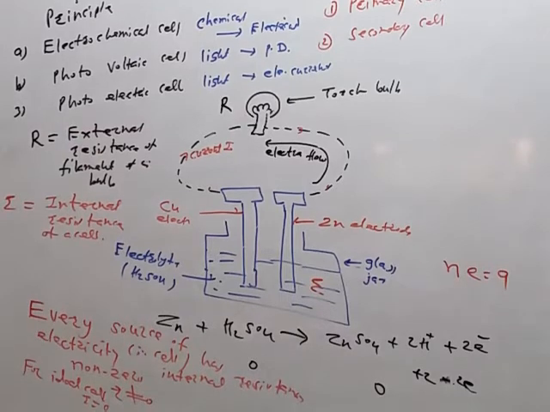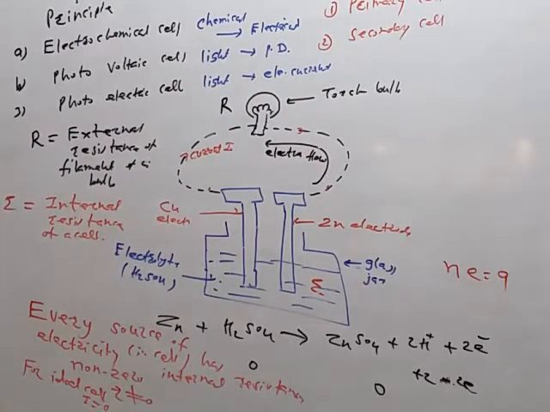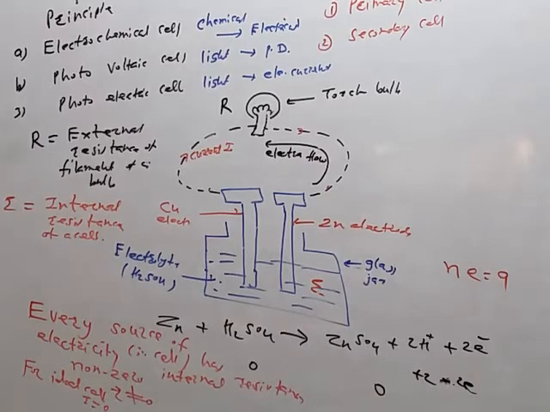So in every circuit using a cell there is an external resistance and internal resistance like this. But to give the relation between these three terms, current supplied by the cell, external resistance and internal resistance, by Ohm's law we already know that larger the resistance, smaller is the current. So now let us define what is meant by electromotive force.